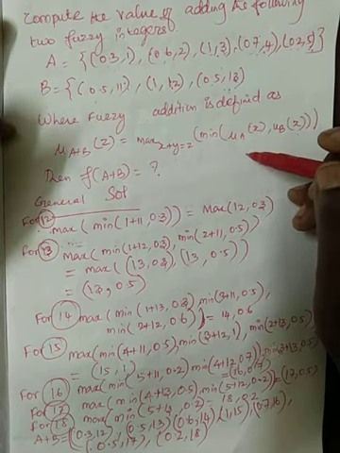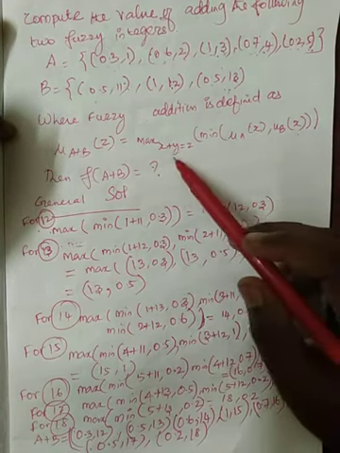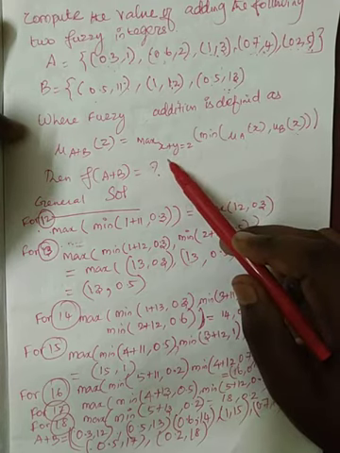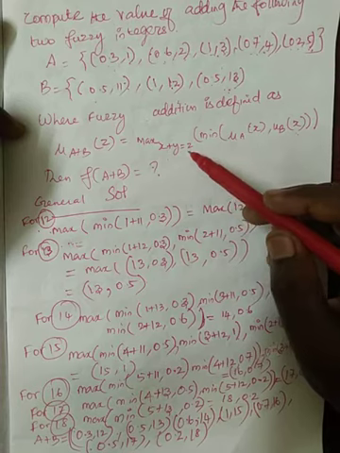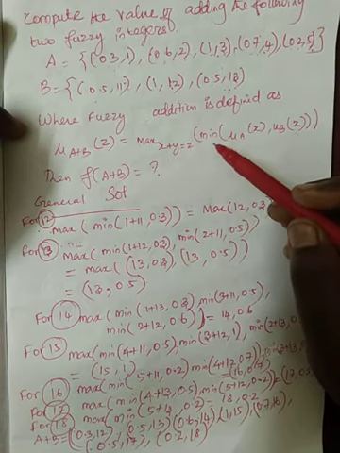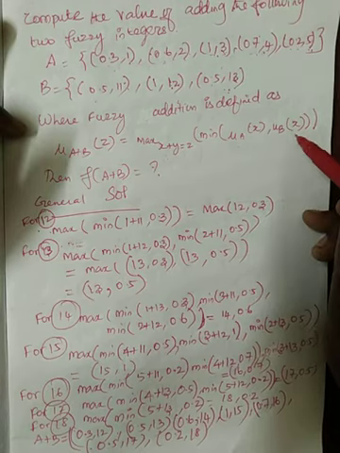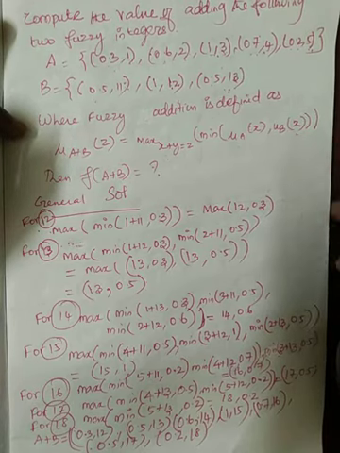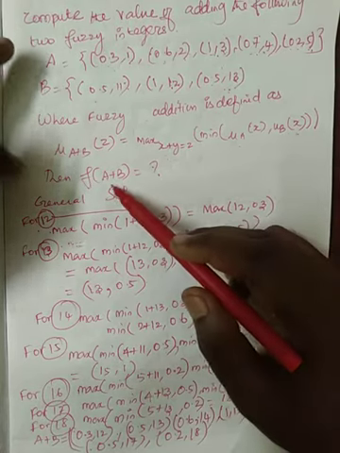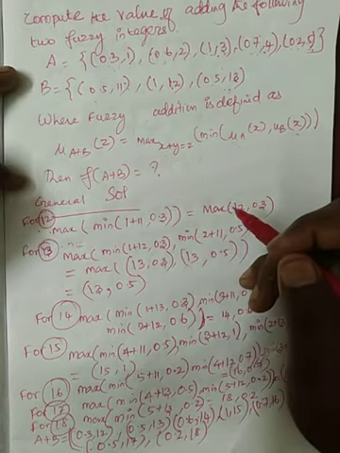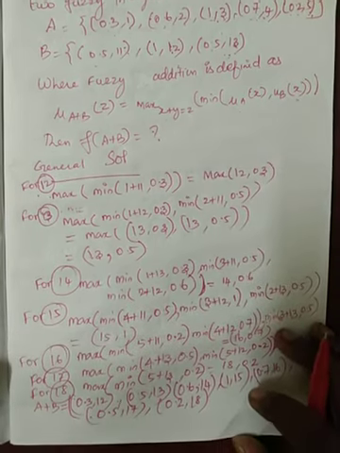So now we want to perform fuzzy addition. Okay, for that they represented the corresponding procedure, that is a maximum of x plus y equal to z, which is nothing but the minimum of the internal elements' addition with another set's elements. Okay, so now what is the f of a plus b? That is your question. So for that we want to discuss the following solution.